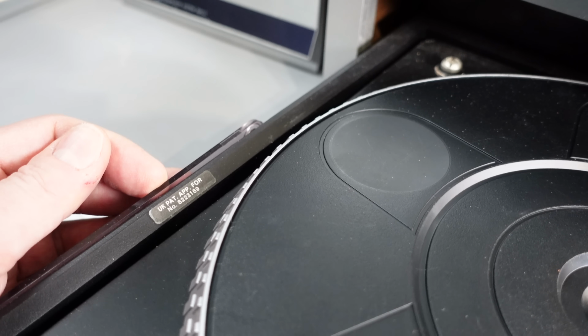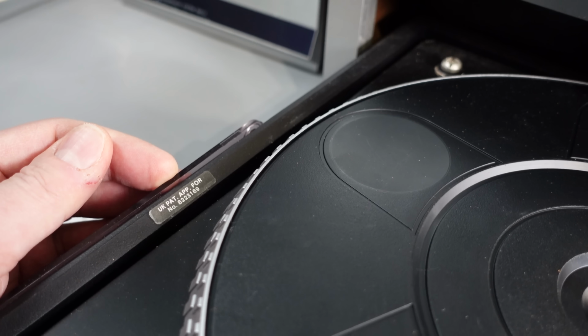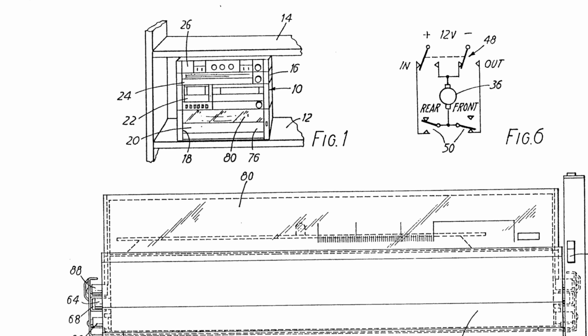Over here on this side we've got a sticker with a UK patent applied for number. I'm going to have to look that up and see what that refers to. Okay, so here it is. The application was filed in 1982. You can see from the picture at the top left that that is the same piece of equipment that I have here,